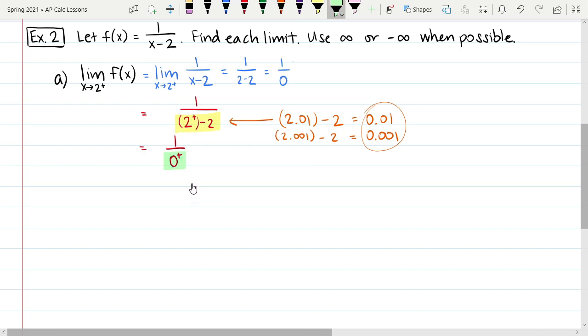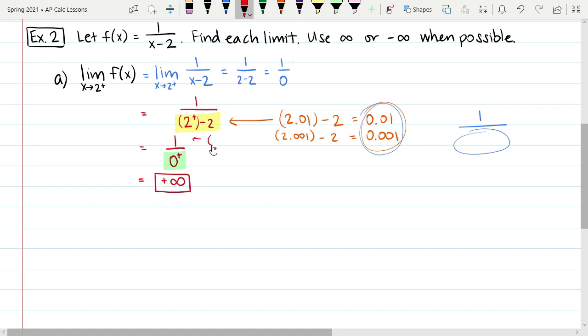All right, so now, if you have a calculator nearby, what I'd like you to do is on your calculator, would you please do 1 divided by, and then pick whatever number you want that's very close to 0, but slightly positive. So 0.001, 0.00001, whatever you want. And then get even closer. Hopefully, after doing that maybe 1 or 2 times, you'll notice that the value you get is extremely large, but it's positive. So what that means then is this becomes positive infinity,